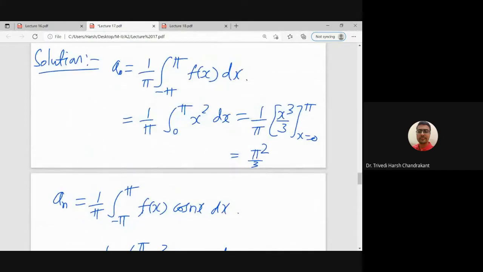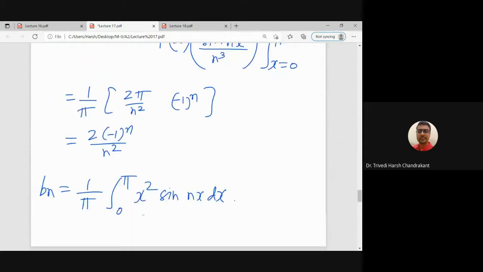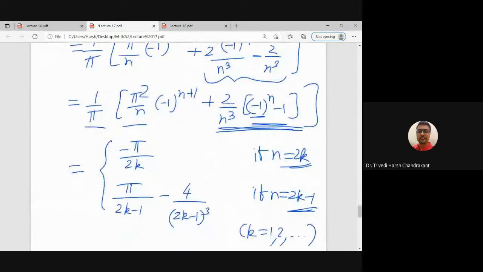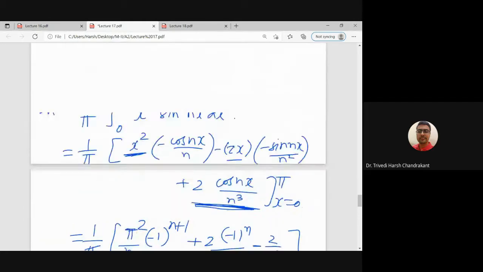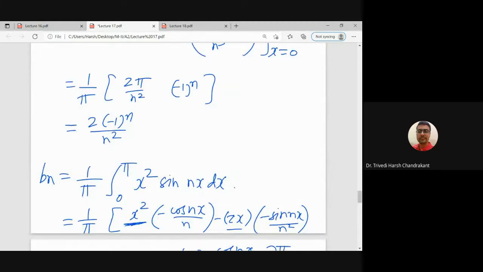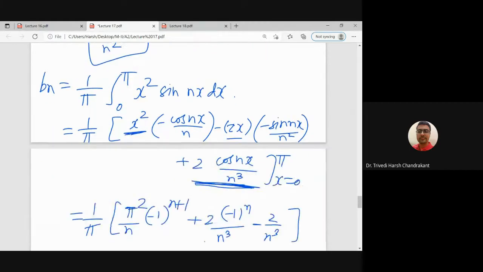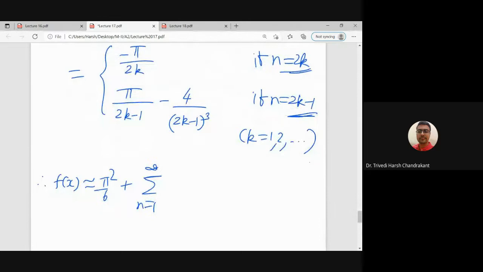A0 is pi square by 3. So 1 by 2 pi square by 3 is pi square by 6 plus summation 1 to infinity an. So what is an? An is this number, right? So let us substitute that: 2 minus 1 power n divided by n square, cosine nx, right? An cosine x plus